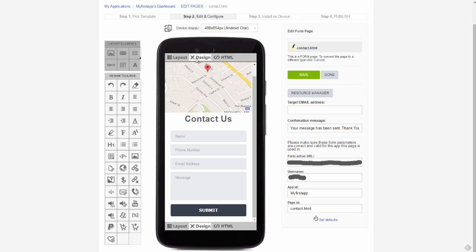Now I'm in the design view of the previewer, and I'm going to position my cursor by clicking at the end of Us and hitting my Enter button on my keyboard. And right here I'm going to type address,